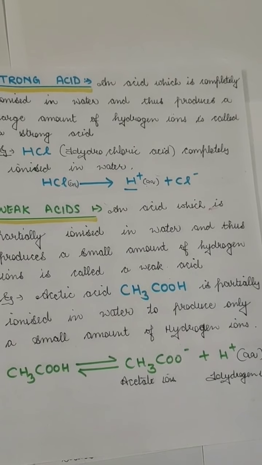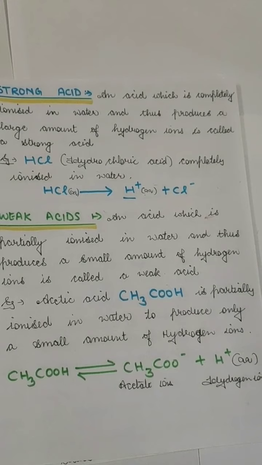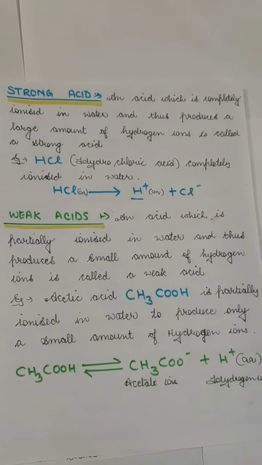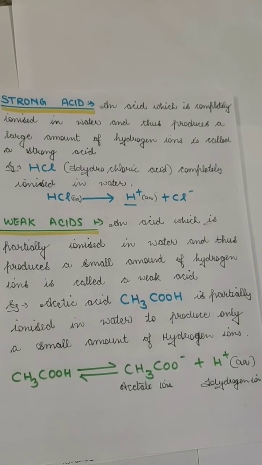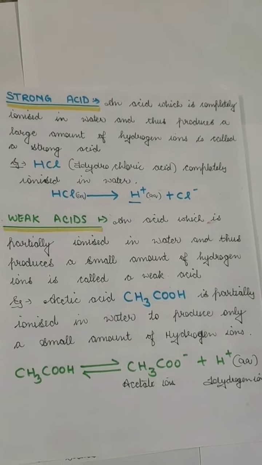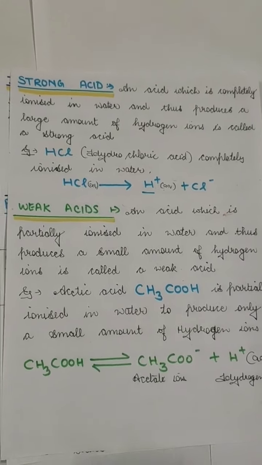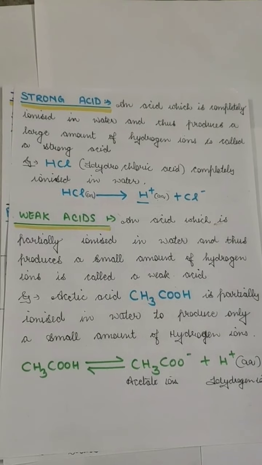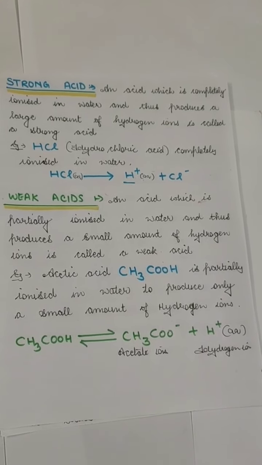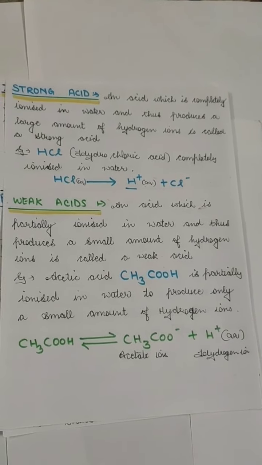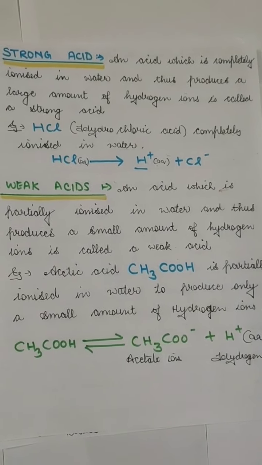That means the hydrogen ion concentration in 2 ml of HCl will be in a limited portion, and when we mix it into a huge amount of water, then the concentration of H plus ion will decrease, making it a dilute acid. But again, if we mix 2 ml of HCl into 4 ml of water, then in that liquid solution, the concentration of H plus ion will be very, very high, making it a concentrated acid.